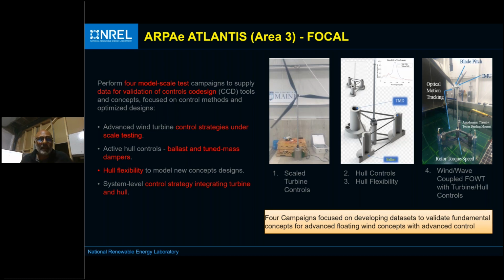at the model scale level. And we're also going to build this model with hull flexibility, so we can understand the flexibility and how this flexibility is being implemented in OpenFAST as well. And lastly, is the control strategy integrating the entire turbine and hull, right? So these are 3 different areas that we're working with ARPA-E Atlantis, and these are all NREL projects, and one feeds the other between area 1, area 2, and area 3, and we're constantly trying to improve our tool set,